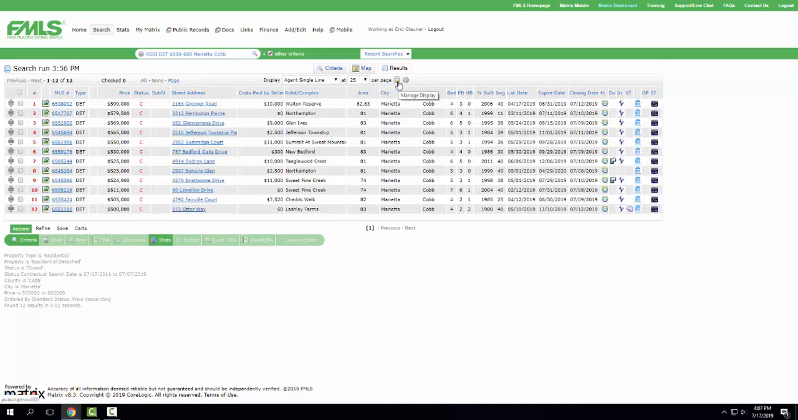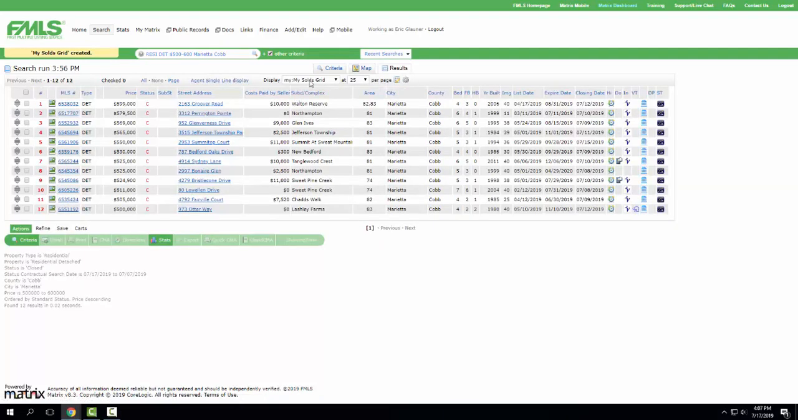The icon right next door is a little piece of paper with a pencil in front of it. It's kind of hard to see. It's a small icon. But if you click on that manage display icon, like I said, it's the page with the pencil on it. In the box, you might call it my solds grid. Okay. And you're going to press save as a copy. And now in your display box, you see now it's changed from agent single line to my solds grid. Now what that my